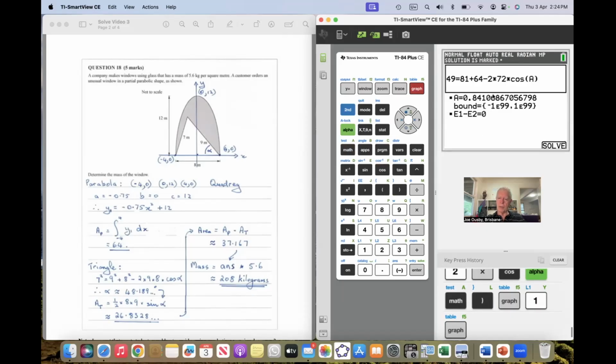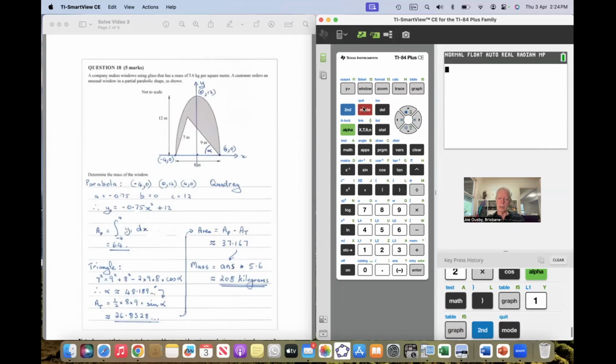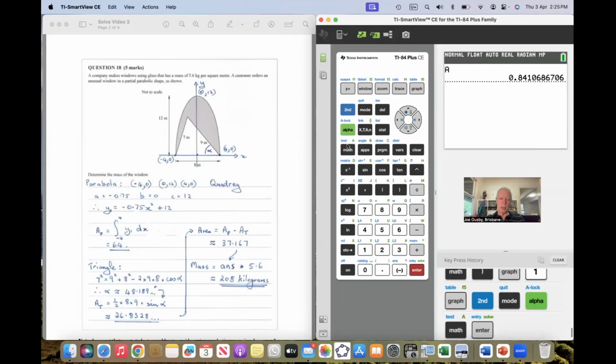Now, is that a problem? Well, no, because in fact, by the way, had I done it in degree mode, it would have come out as 48.189. Coming out this way is not a problem because if I exit this, it still knows what A is. So if I asked it what alpha A is, it will tell me that it's 0.89. I'm not going to convert because if I execute the next line, which is actually